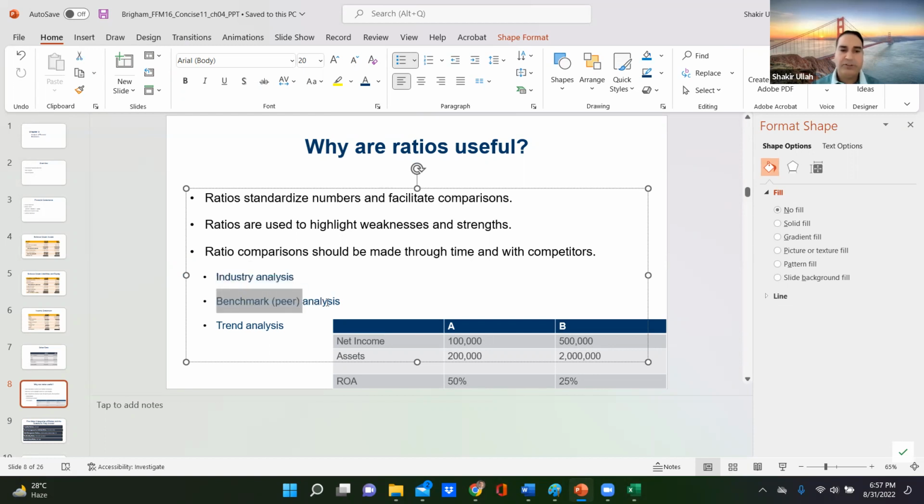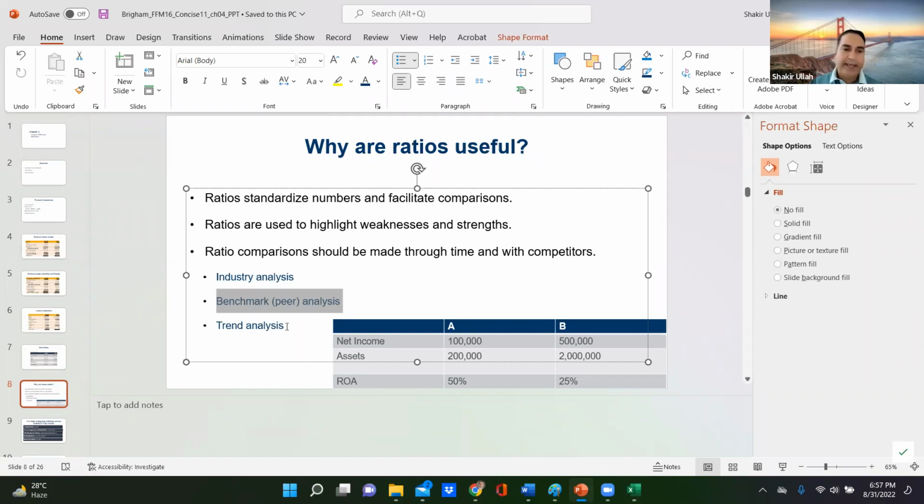Similarly, we will also have to do a benchmark analysis. What that means is that we find our closest competitor and we compare our ratios with that competitor to make it more relevant, right? We might be in a grocery store business. Okay, Walmart is also a grocery store business, but we cannot compare our ratios with Walmart if we are just running a small grocery store, right? However, I can compare my numbers with a neighboring store in the same area doing the same business. So that will be a benchmark or peer analysis.